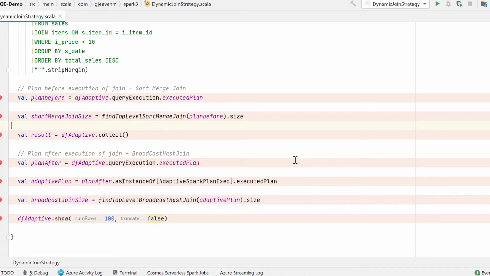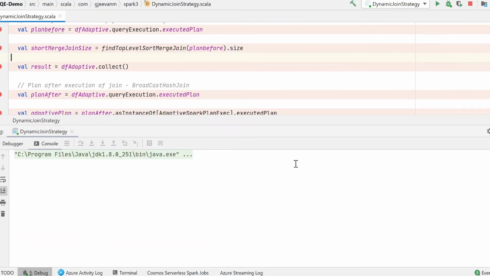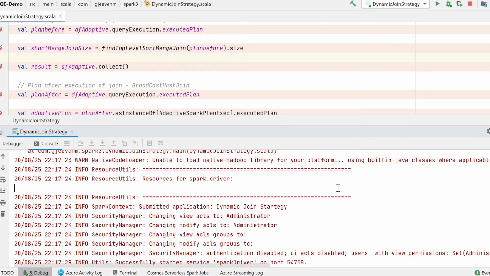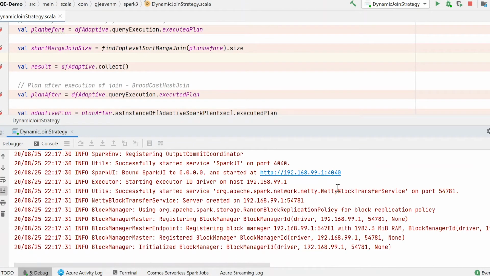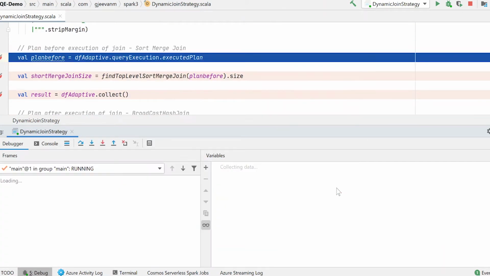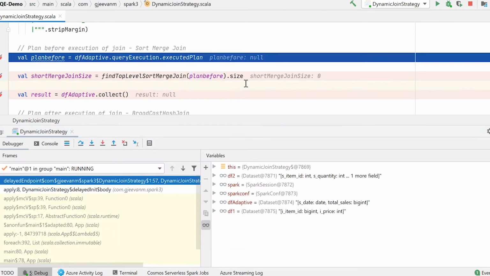We can see the program is getting executed. Okay, so my program is here now. Let me click here and run this step.